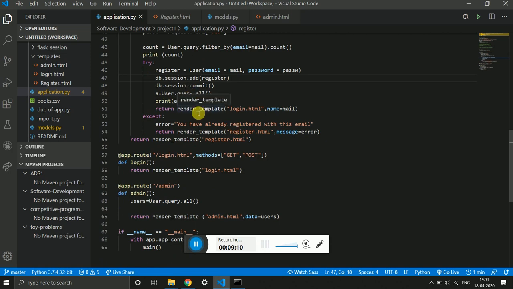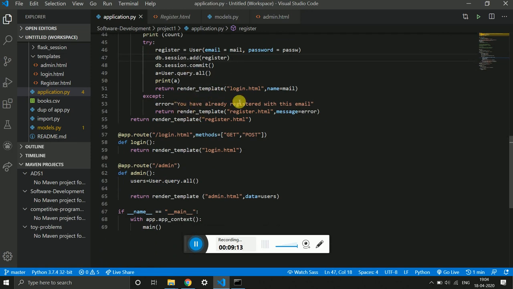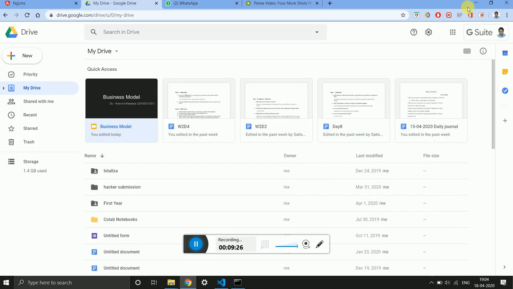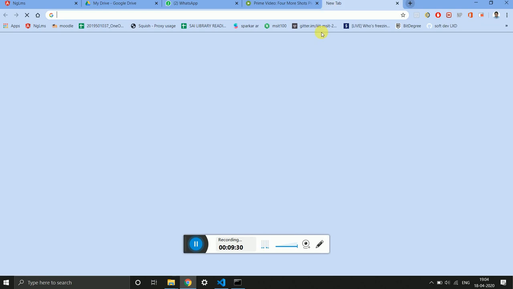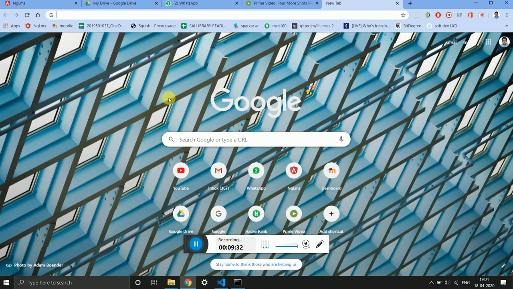Later on, I want to check whether the data that I have entered has been inserted in the database. So let me check that. First, we need to have a Heroku PostgreSQL. Here I am using PostgreSQL.